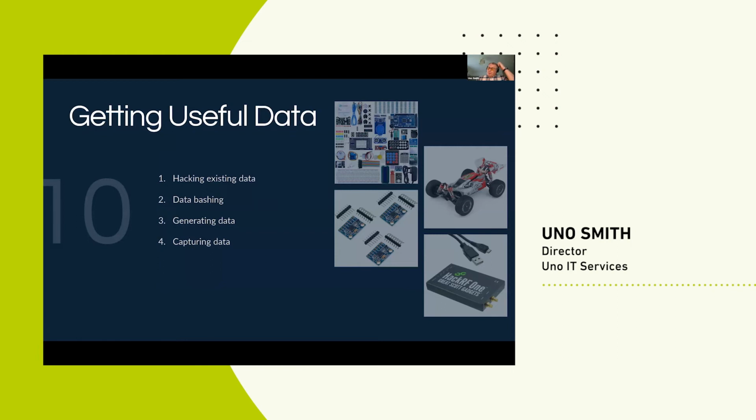So for me, this is an interesting part, and this is where I usually have quite a lot of fun, because I quite like tinkering with stuff, like I said before. So you can hack existing data. If you're just looking for binary data to play with, there's a huge amount of opportunity out there to get information. But I often take image data from a site like Unsplash, trim the header and the footer off, so that it's just binary data, and then process that data and see what I can do with it.